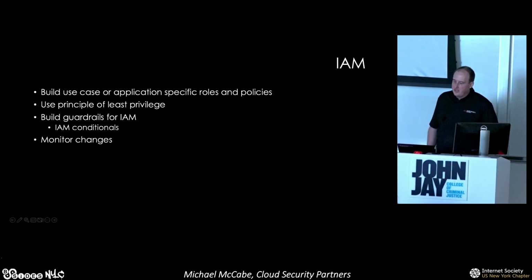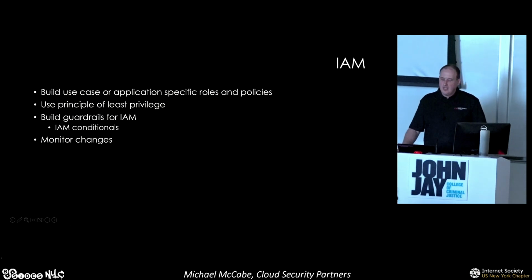But to start, IAM, obviously you need to build very strict roles and policies, ways that you define the way that you want someone to interact with your infrastructure. So if someone needs to deploy EC2 and RDS, they need to have the rights to deploy EC2 and RDS. If they need to deploy just an S3, they need just to deploy S3 in their policy. We're not very good at this. Every security review that we do in a cloud environment, one of the first findings that we throw up is people have policies that are way